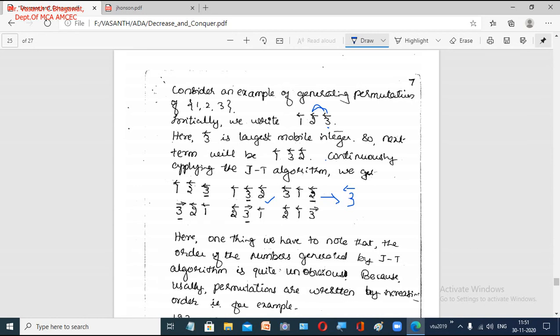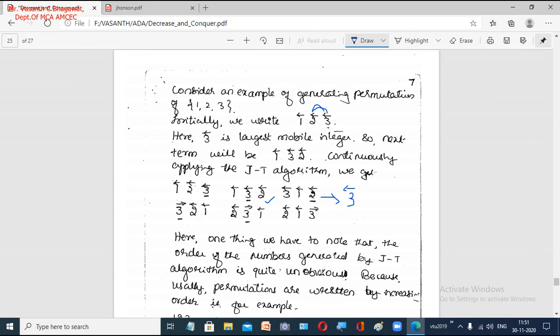So we will come to this particular step. Now identify the mobile elements. Now 2 is pointing towards this side, so you leave 2. Now 1 is pointing towards 2, which is greater, so 1 is not a mobile element. 3 is pointing this side, we don't have elements. So now what we have obtained is that at this step we don't have any mobile element. Now when you reach a particular stage where you don't have any mobile element, we stop our process. We are going to stop the algorithm.